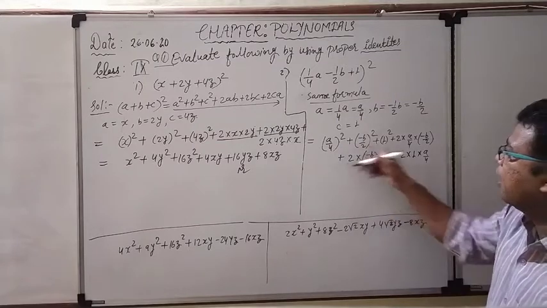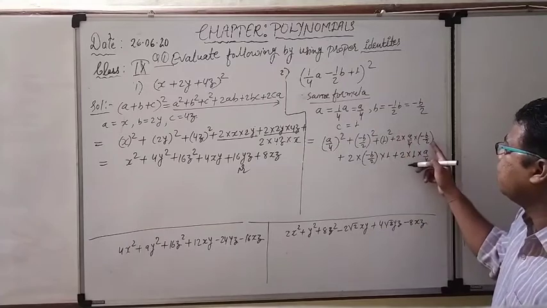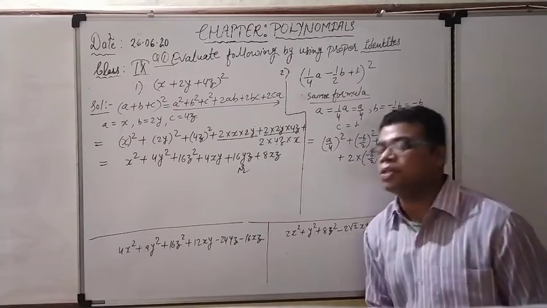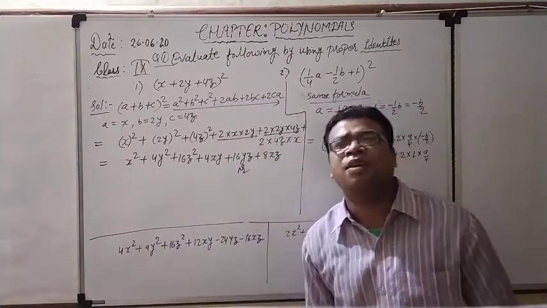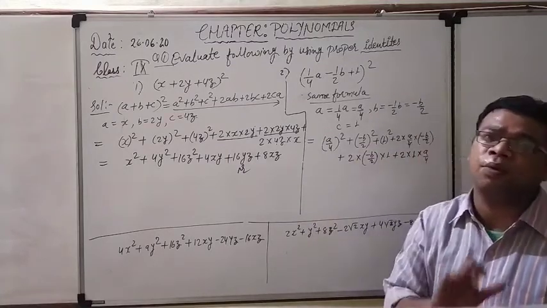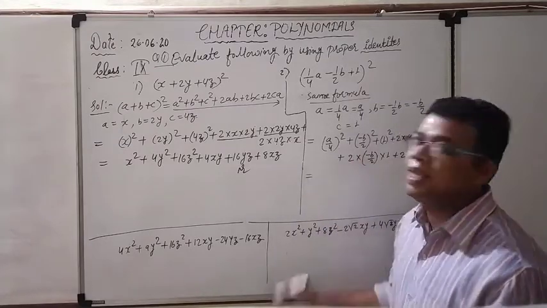Yes. Again see the values. a square plus b square plus c square, 2ab, 2bc plus 2ca. Wherever b negative term is coming, I am just putting the bracket. And after that nothing remained in the question. Once you have filled the correct values of a, b and c, only the calculation part remains for you, and that you can solve easily.